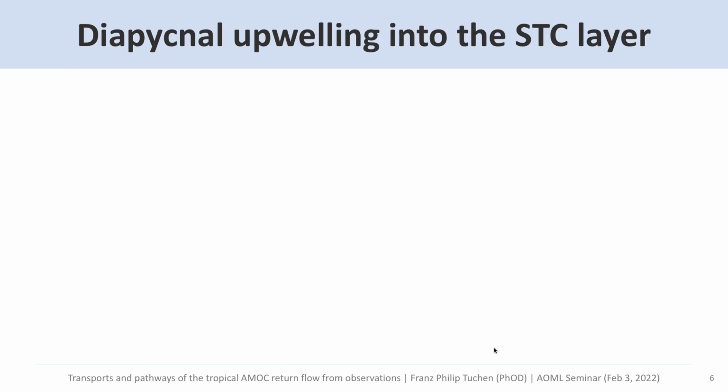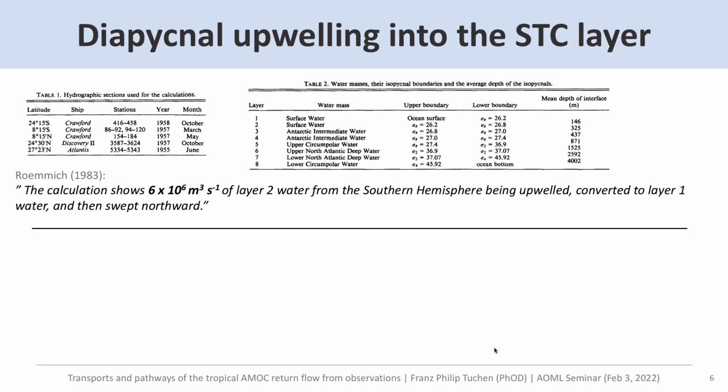And a bit of background why we want to do this is because there were so far not many studies, but basically two main studies, I would say, that already dealt with this value. There's one famous one by Roemmich in 1983, which was based on 5 ship sections in the 1950s, and they used these sections to define 8 different layers. And one of the main points of this paper is then that they find about 6 Sverdrups of layer 2 waters, so very close definition to